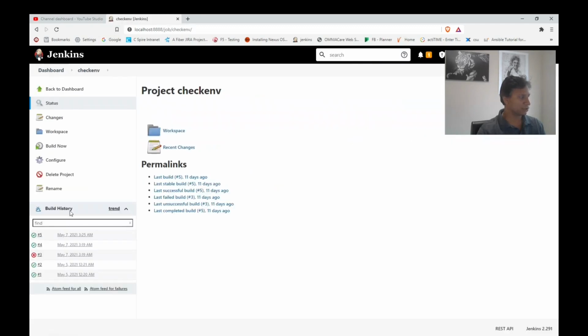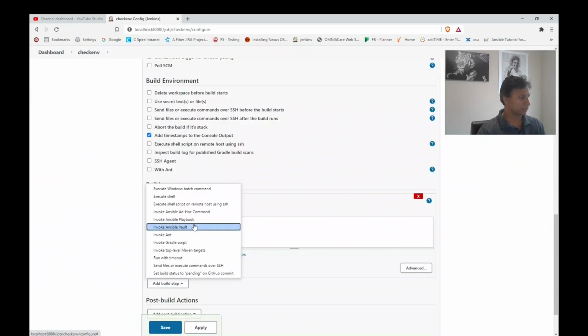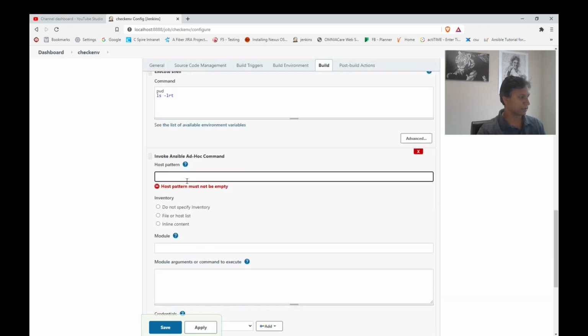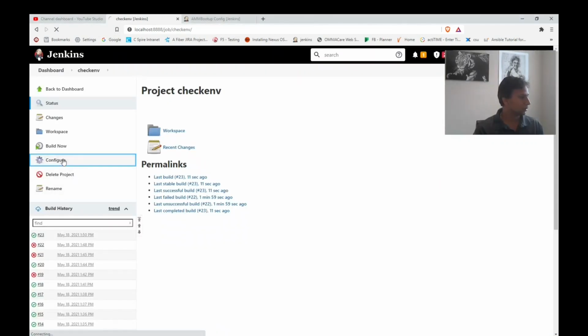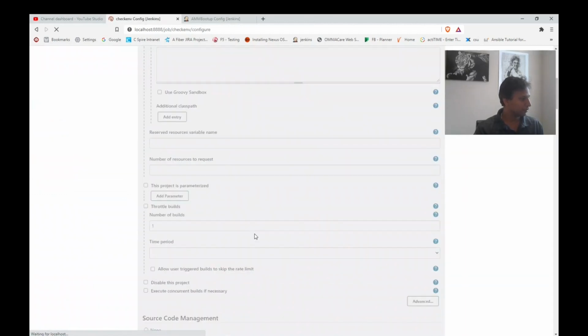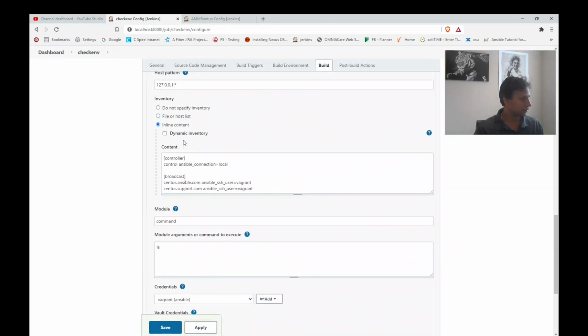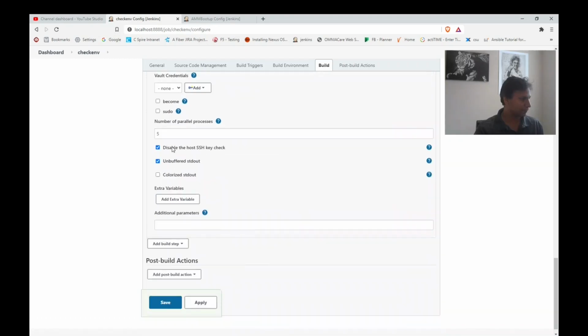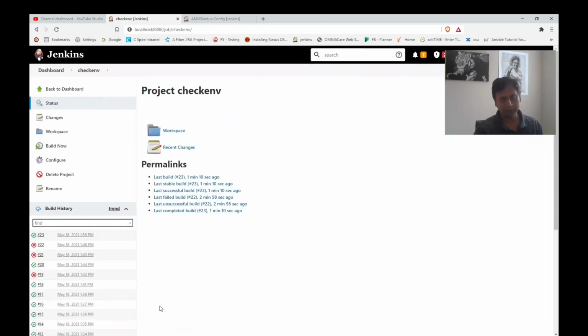I'm going over here, check env, configure. Yes, the Ansible playbook option came here. Now, for an example, let us try to start like this: Ansible ad hoc commands. Here I have some examples. What I have done is, as usual, I gave the host pattern, to all the hosts. Either we can give a command like ls, I gave this, and one more thing I did was disable the host SSH key check. I disabled it here, but in an actual production environment, you need not disable it.